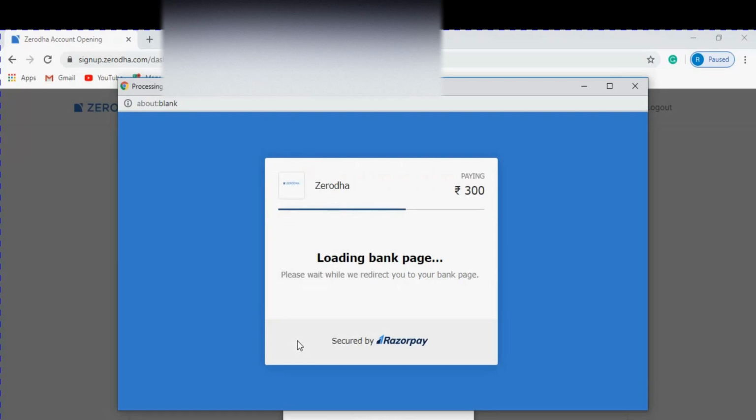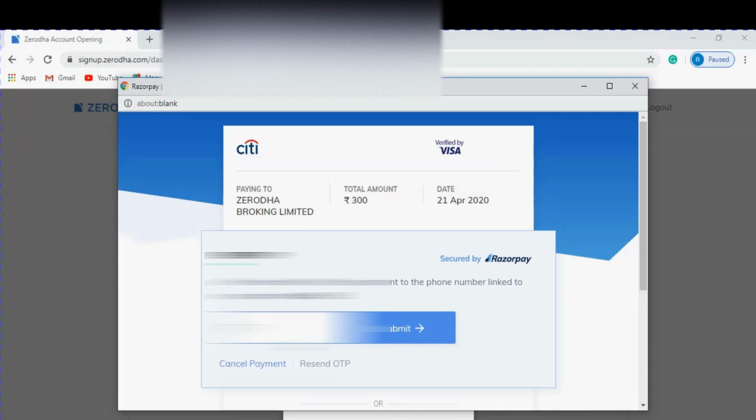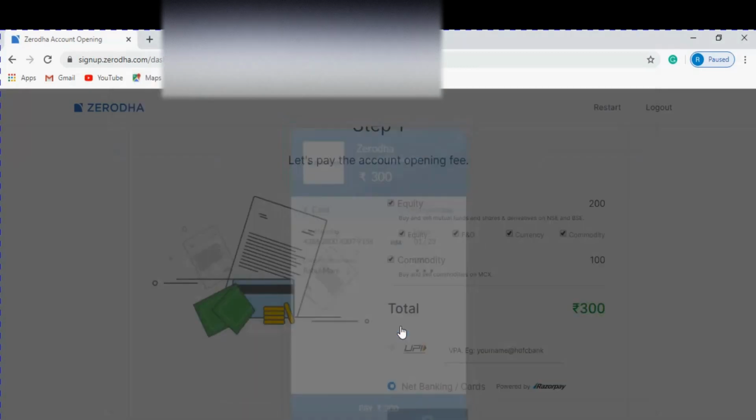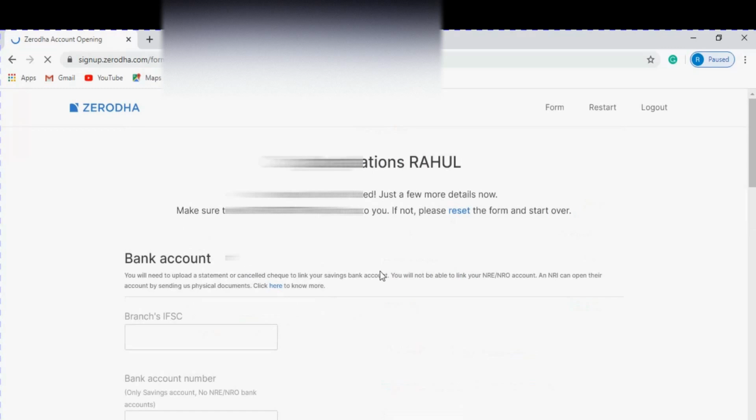Now it will redirect to the payment page. It will ask you to enter the OTP for the payment that you have received on your mobile number. I just entered that OTP and click on submit. As you can see, the payment is successful.